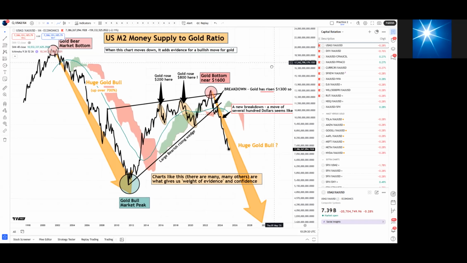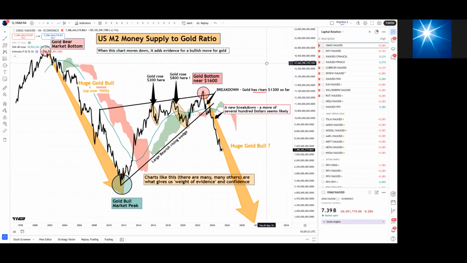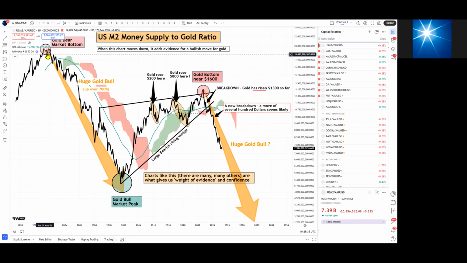So this chart was one of the first ones, money supply to gold, which helped us to identify that when the chart is plunging, it means that money supply is underperforming gold, and that happens during gold bull markets. So we identified the chart breakdown back in 2023 below the moving averages in the Ichimoku cloud and the support line, and suggested that this chart was indicating that gold was going to go up very significantly. And at the time, gold was around about $1,600, and of course we've risen very significantly since that by well over